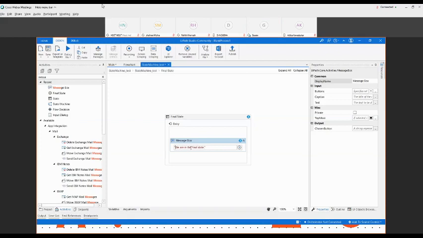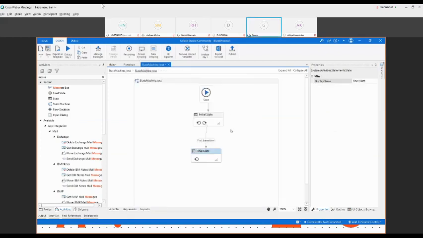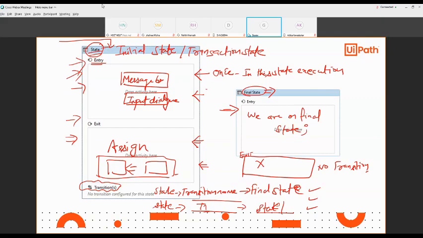Okay. I think now you can see there is no error. I try to run it. It is executing now. I'm just running the file. In the entry state, it first goes inside the entry state of the initial state. Then after, there is no condition because when the condition is true, we go to the exit state. Then after the exit state, we go to the final state. So it's printing we are in the final state.